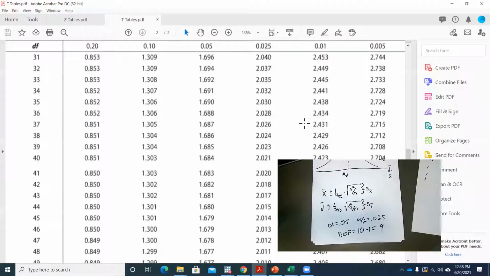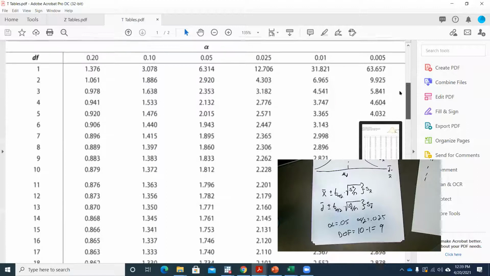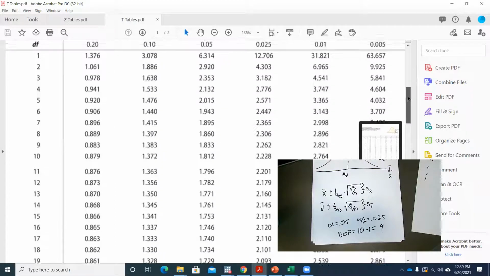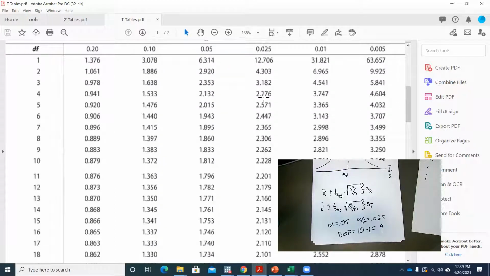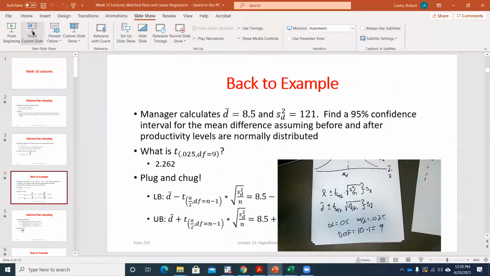Just to get some more practice with that. So 0.025, my degrees of freedom, I need to go way down though. 0.025, degrees of freedom of 9, 2.262. So that's the t value, the number of standard deviations I want to go to the left and the right. And from there, it's just a matter of plugging things in. We had a sample size of 10, a mean difference of 8.5, sample variance, I think it was 121. So really at that point,